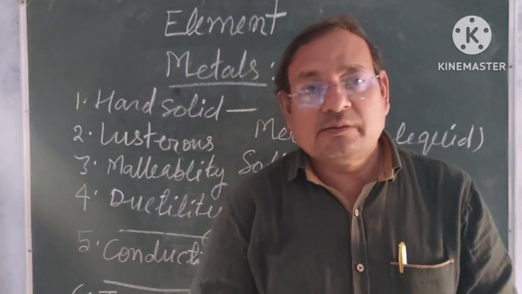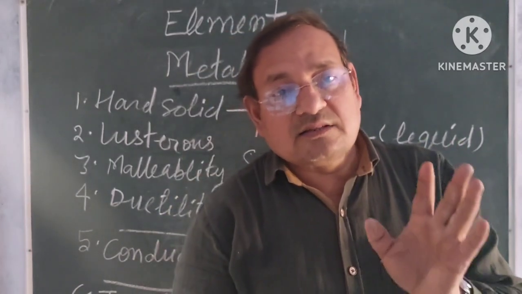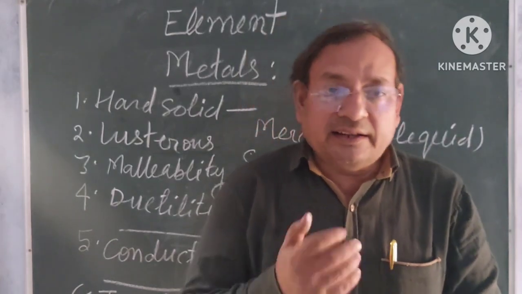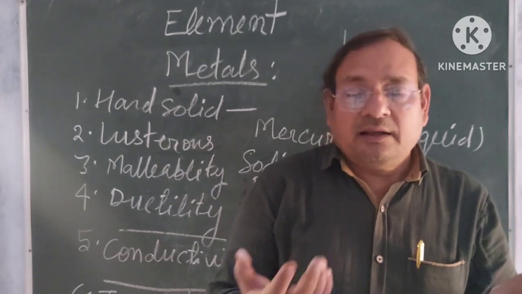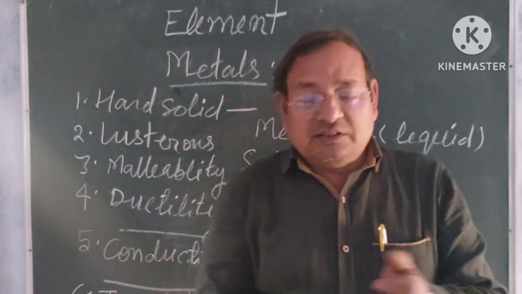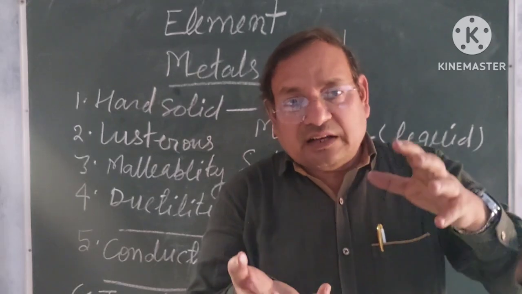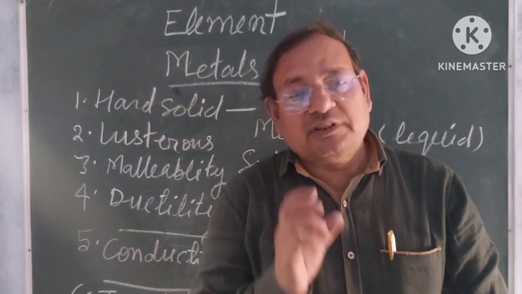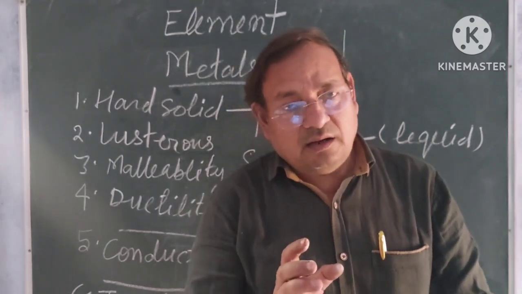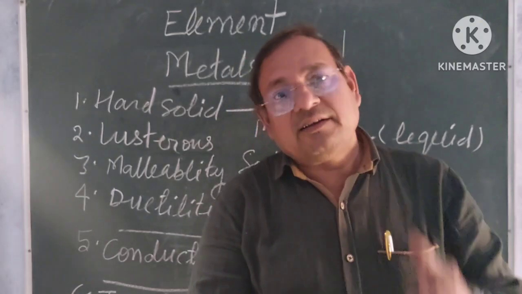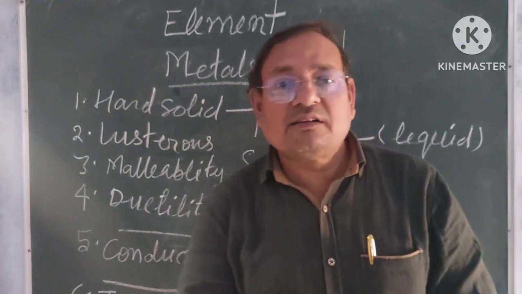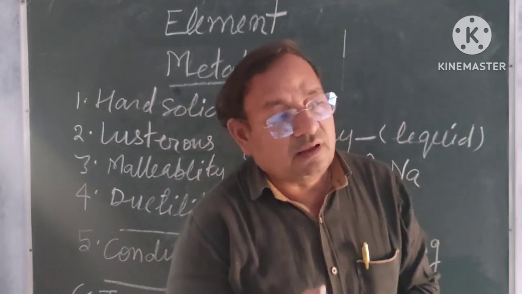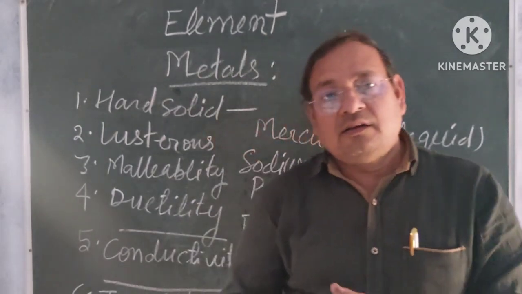My dear students, metals generally have high density. It means they cannot be compressed very easily. They are hard solids. So the metals have very high density. Understand? We can understand that the density of metal is higher than others. Suppose